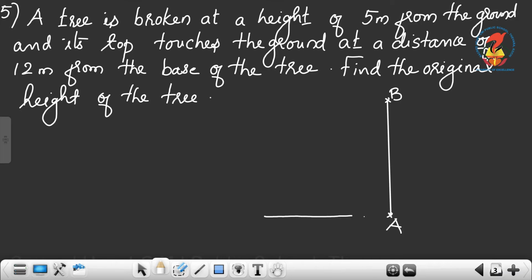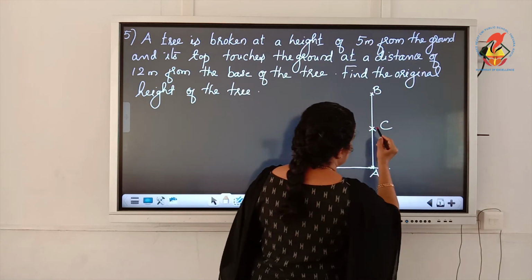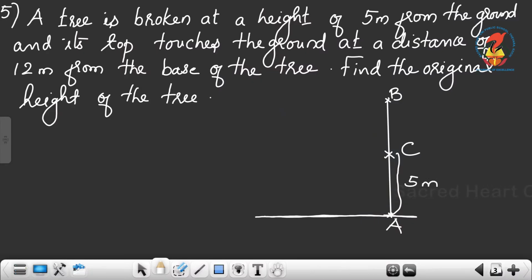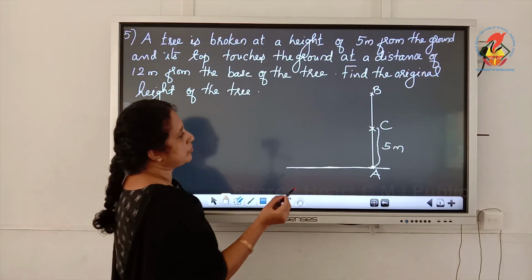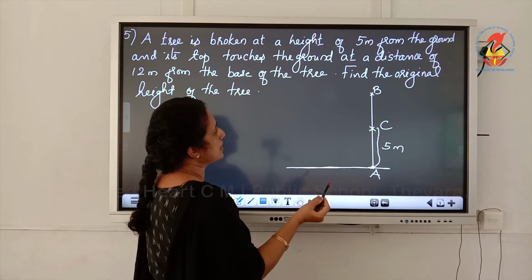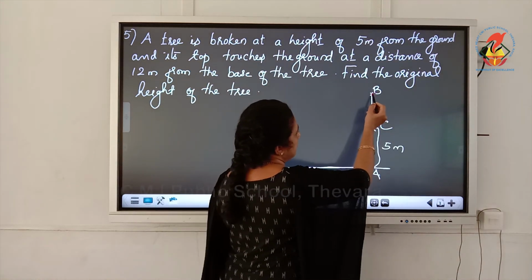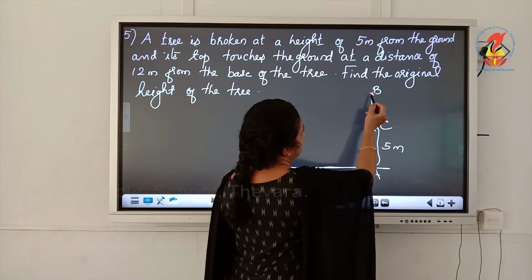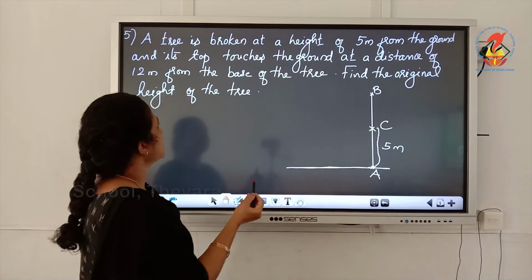So, we have the ground. Let C be the point at which the tree broke. So, this distance is 5 meters. A tree is broken at a height of 5 meters from the ground. Then its top touches the ground. The top of the tree is B and the top touches the ground at a distance of 12 meters